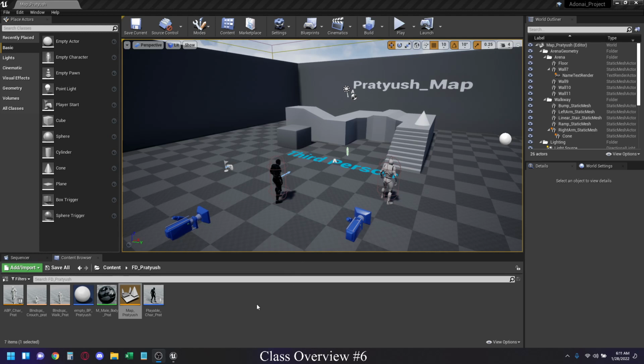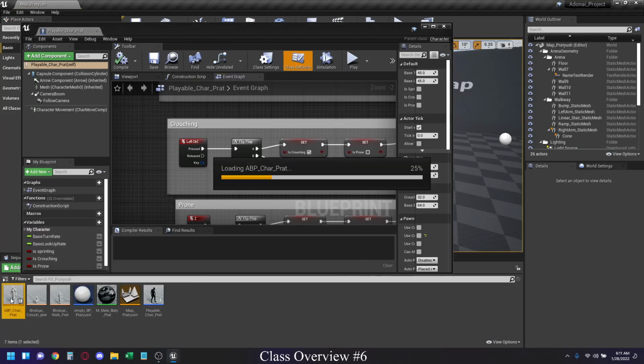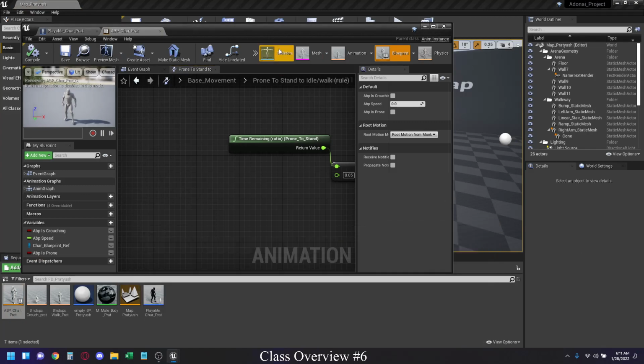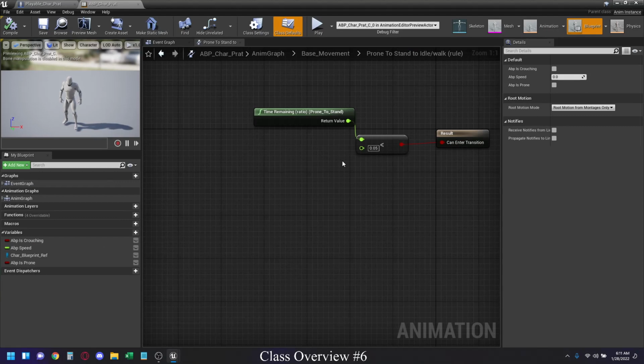Today we looked at adding animations between two states inside a state machine inside the animation blueprint, and how we can reference a character blueprint inside the animation blueprint. So as you can see, I have my map open over there, and let's go look at